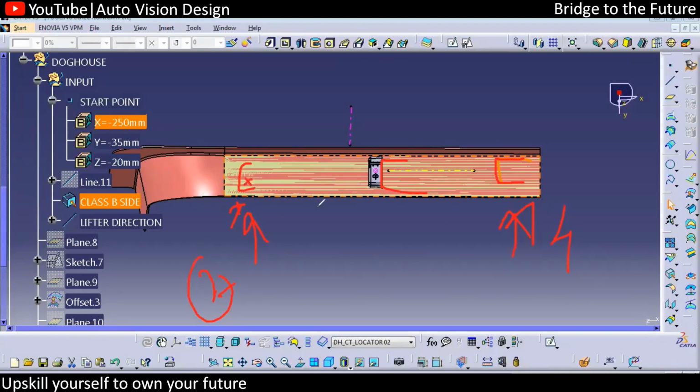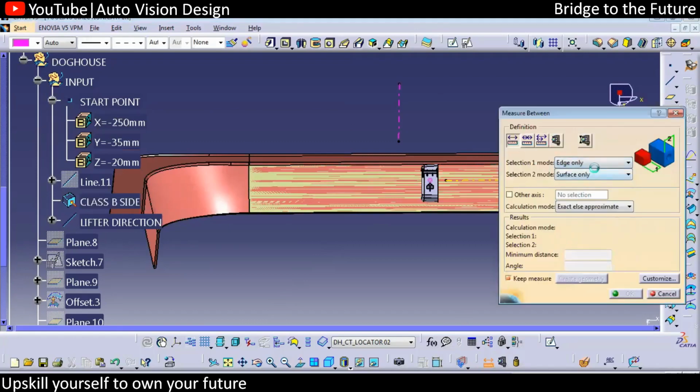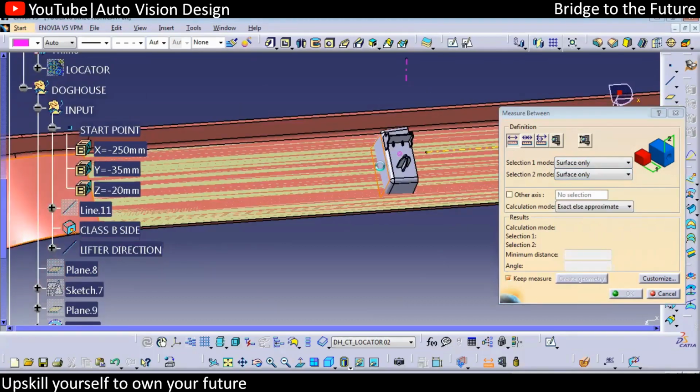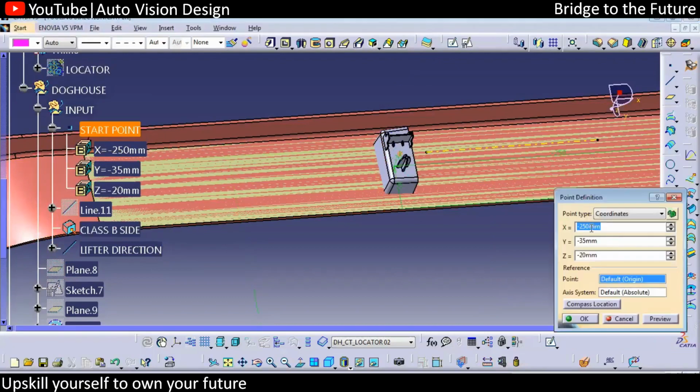So we need to add somewhere here 1 locator, here 1 locator, and that should not be in line. We'll make sure we'll add this Dogos somewhere here. Okay, so we'll check the distance, how much is required, and we can go for that. So this distance is something like, from this to this, we have something like 200. So a couple of 200 we need to add over here. And in between these two also we need to add the Dogos.